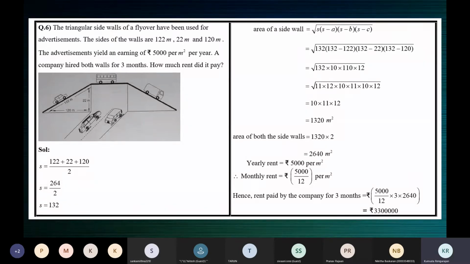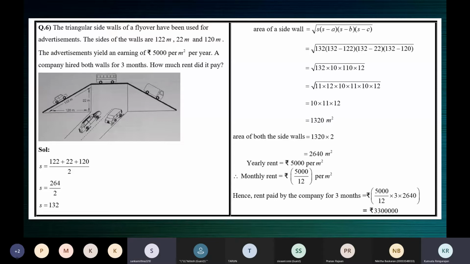If the hypotenuse square is the sum... no, excuse me, we don't know that it's a right triangle, so the term hypotenuse cannot be used. The square of the longest side of the triangle is equal to the sum of the squares of the other two sides. Then the triangle is a right triangle.